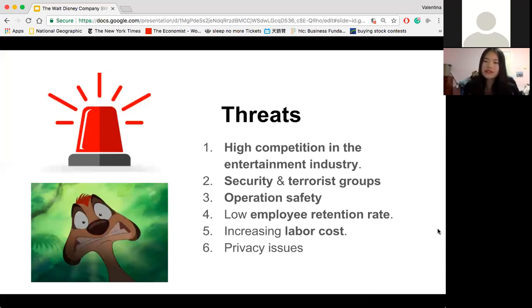And that's kind of all I have for the threats. It's also all I have for today's presentation. I hope this SWOT analysis gives you a very clear understanding of how it works and how it helps a company identify its position in the market and in the environment. I hope in the future, if you were to open a company, you'll do a lot of SWOT analysis. You should do that constantly because you want to know your position and you want to develop.